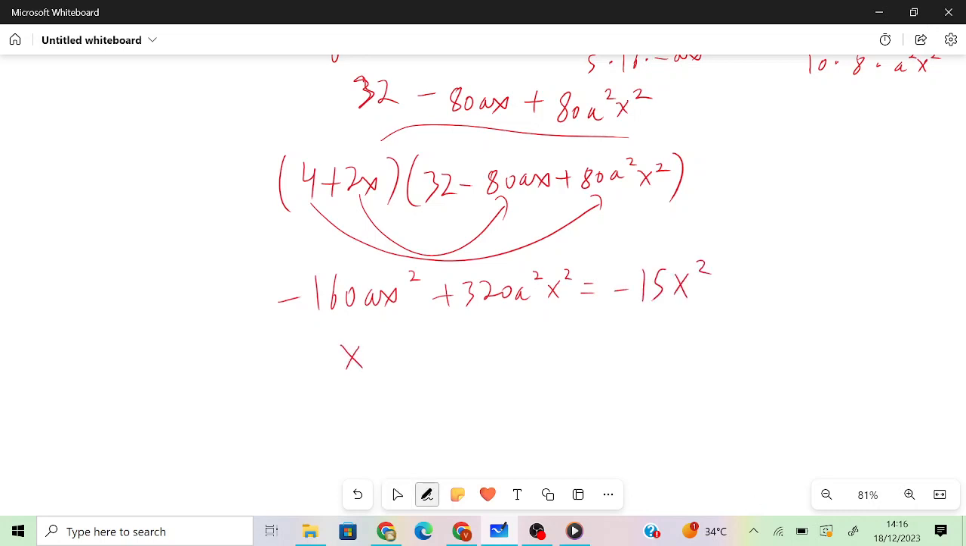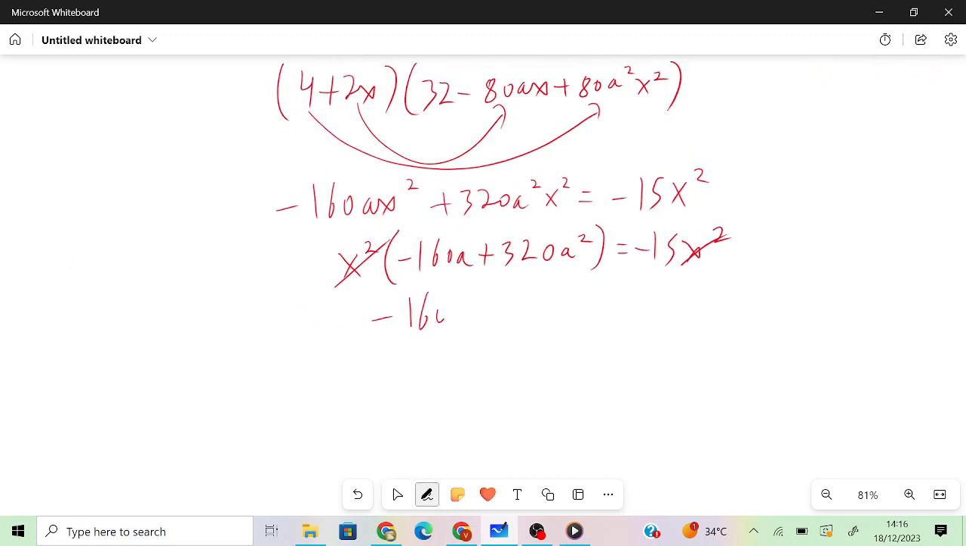You can factorize your x squared, so you have x squared into minus 160a plus 320a squared equals minus 15x squared. So x squared and x squared cancel. You have minus 160a plus 320a squared equals minus 15. Eventually you have a quadratic equation rather, not formula, quadratic equation, 320a squared minus 160a plus 15 equals 0, which you can solve using the